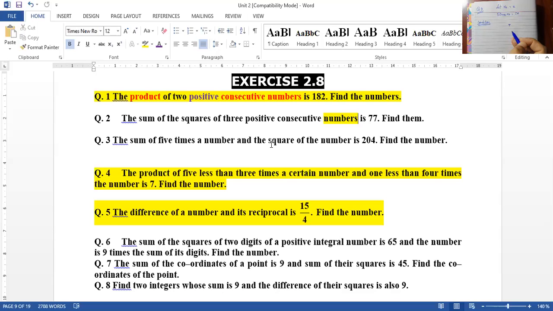If you read the statement with me one time, I would like to explain it on the page. The sum of 5 times a number, fine, 5 times. We don't know which is the number, so we will assume that the number is equal to x. Then we will make 5 times the number, that will become 5x. And then finally, we are interested in forming the equation with 5 times